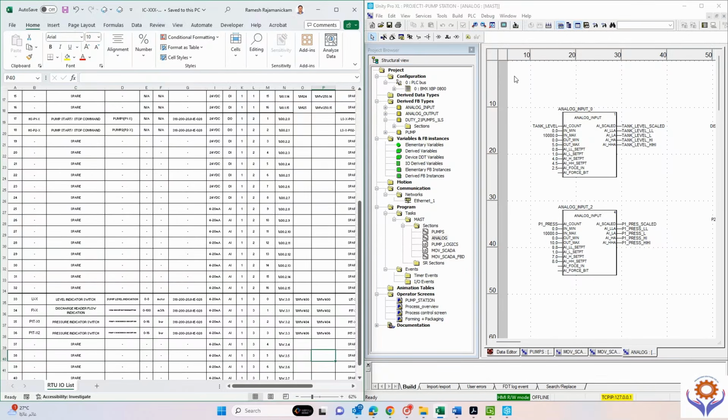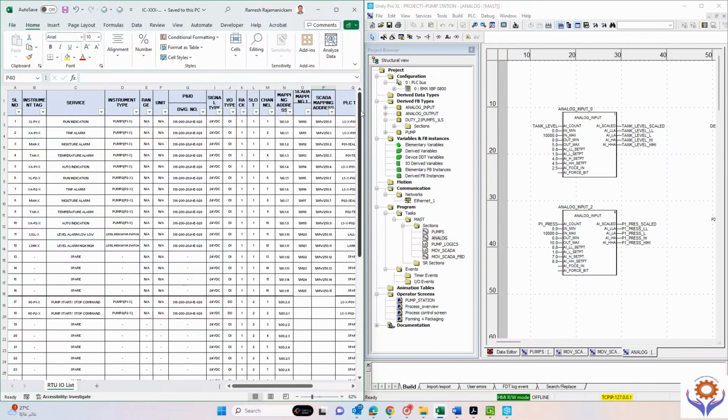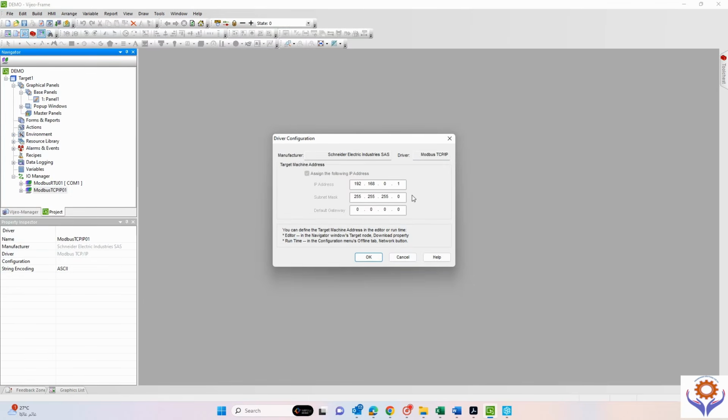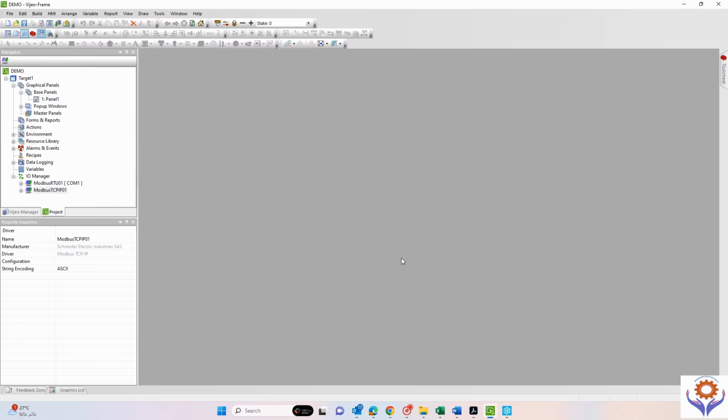After we create this memory mapping list, we will open the same memory mapping list with the Schneider Vijeo Designer application, and I will go here in the application, in the demo. See, the IO memory mapping we added before in the first part. See, this is our IP address, and in this what we will do now in the memory mapping IO manager,